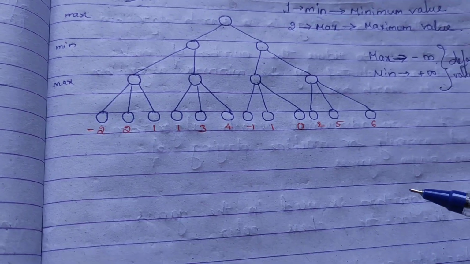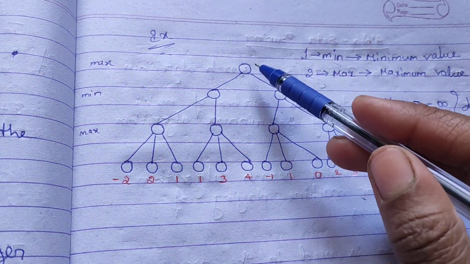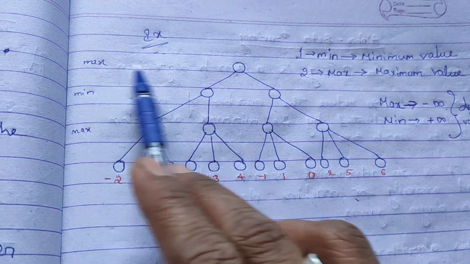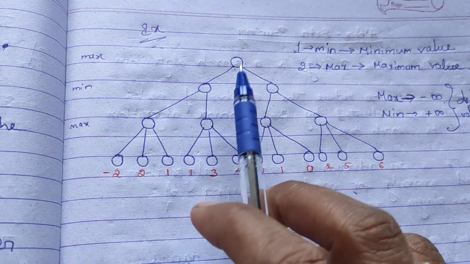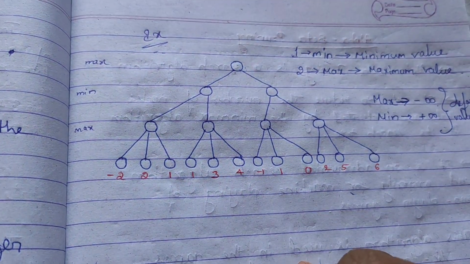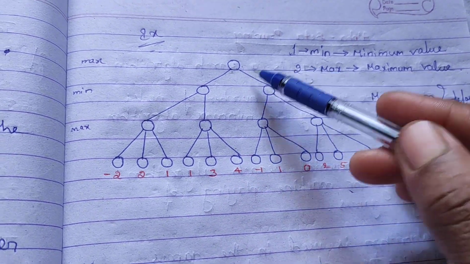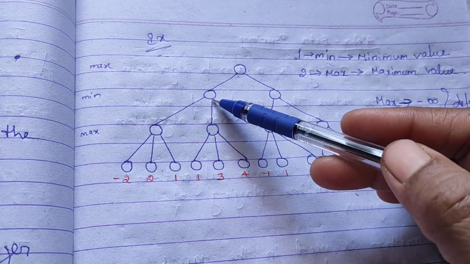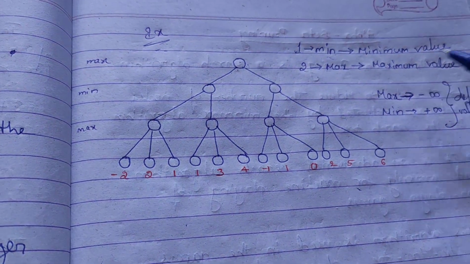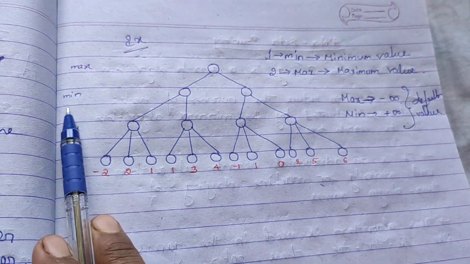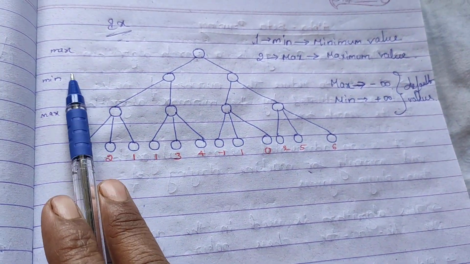How we have to see? In this algorithm we will use a backtracking method. Always the root node is a maximum value only. Root node will start with max, which will consider the maximum value. Next level minimum, then maximum, like that. It should always be max, min, max, min, like that. We have to start with the max, then go to the min, then max, then min, alternately. And in the root node we have to start with the maximum value only.